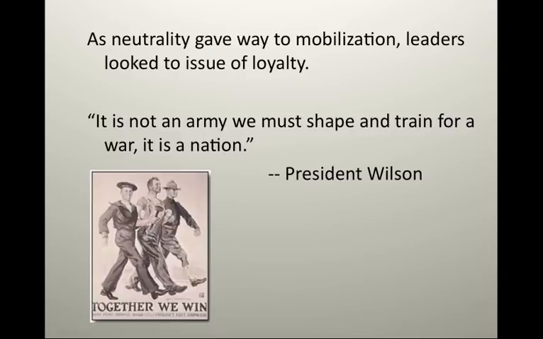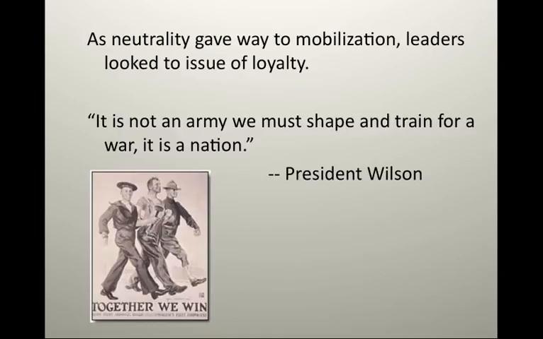You see, the fear was that as a diverse nation, as a nation of immigrants, it might not be possible for a single standard, a single unity to emerge. In other words, would German Americans really be willing to fight against Germany? Would Irish Americans be willing to fight with Protestant English troops? In other words, it wasn't clear that any single standard could be adhered to by such a diverse society as the United States.